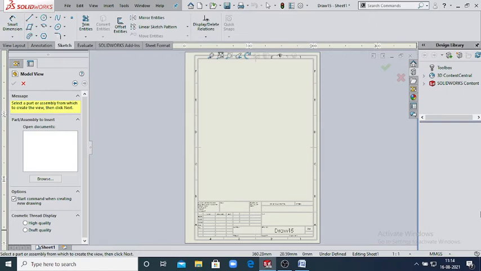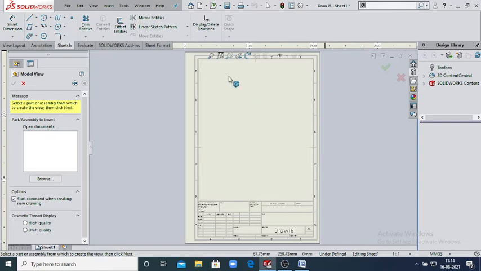Now on the right side, this area is known as your task pane. In this task pane, some designs are available by default in the design library. If you want to reuse a design, you just pick it up from the design library and use it for your project. This area is known as the SolidWorks search command. You can also search for commands with the help of the search option here.